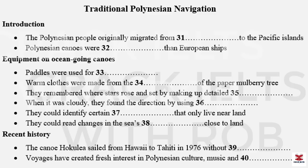As well as sailing, these voyages have sparked renewed interest among Polynesians in learning about their traditional cultures. The canoes themselves operate as floating classrooms, teaching young people about, for example, the music their ancestors once enjoyed. Another aspect of this has been the teaching of Polynesian languages, some of which were in danger of dying out. Now, one thing I'd like to add is